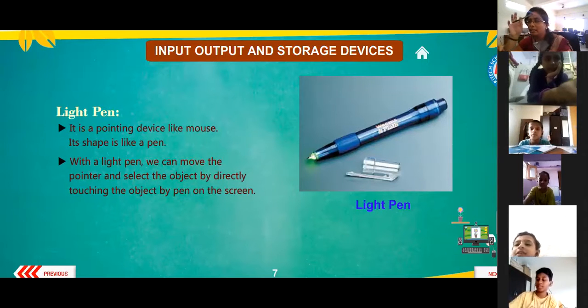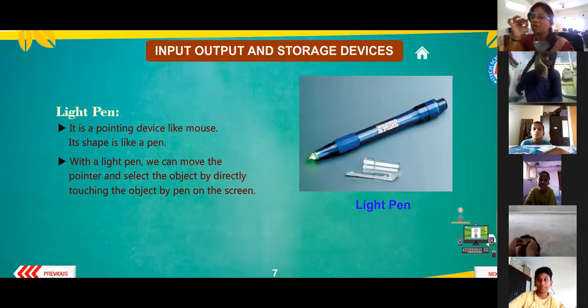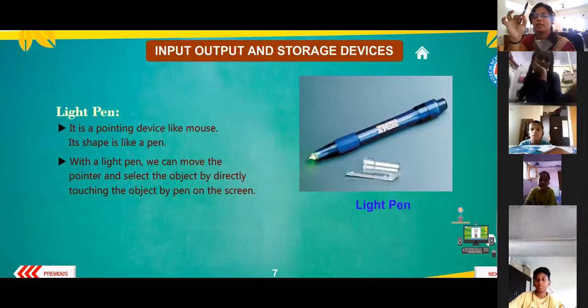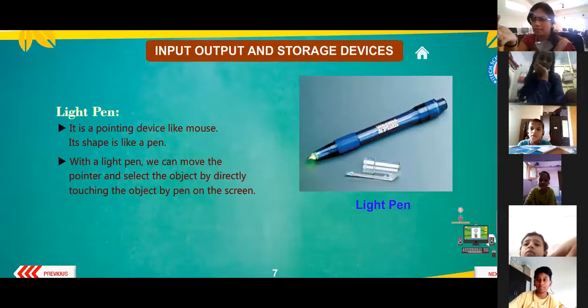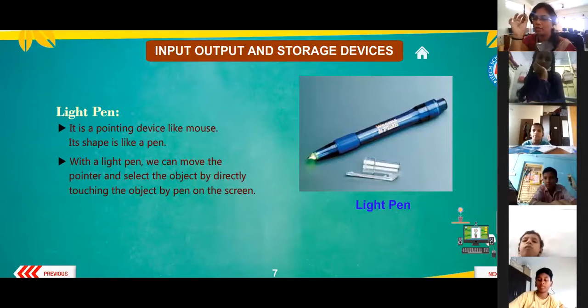Okay, everybody, the light pen looks like a normal pen, but it is a little bigger and thicker. With it, they point on the systems. Imagine I have this pen and I want to click somewhere; I just touch it on the computer screen. It has started coming with mobile phones and Apple tabs, but basically it is used for reading and pointing at minute details.